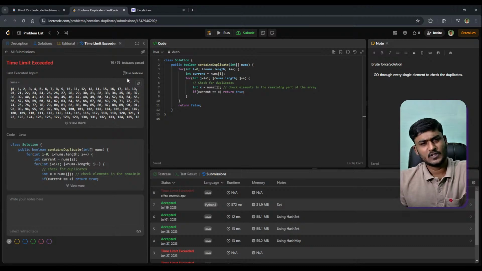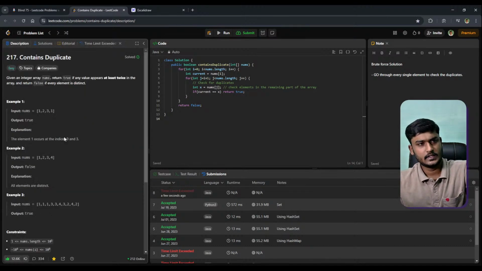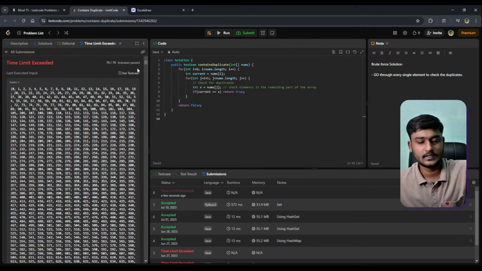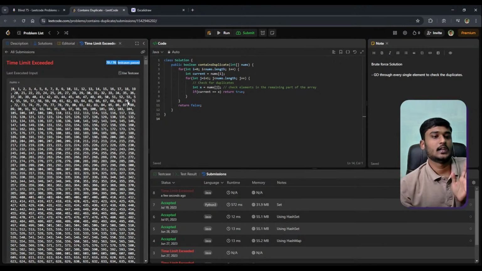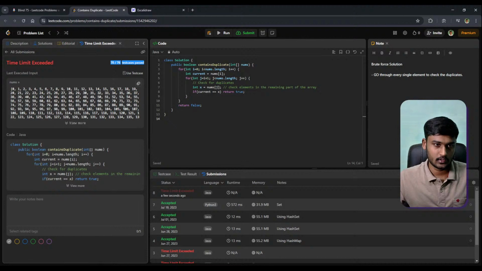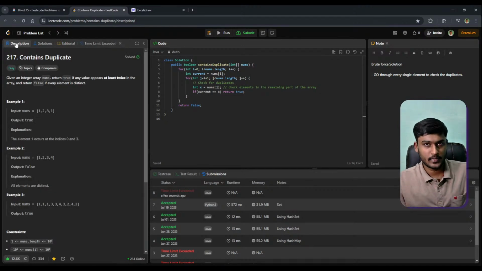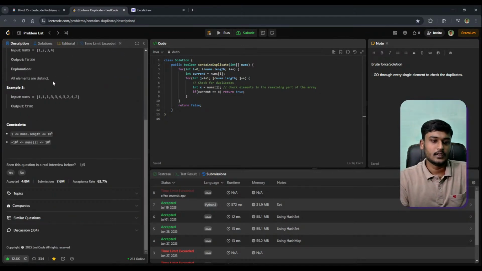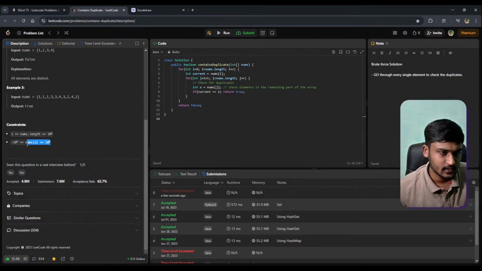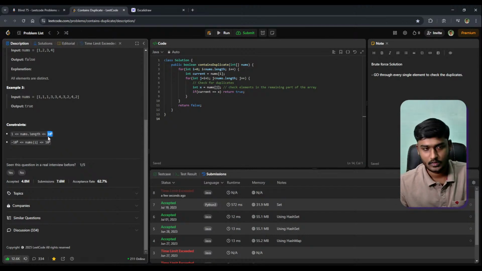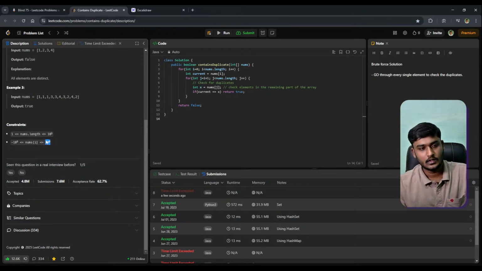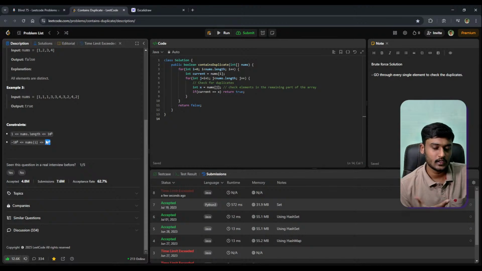This is because, like I said, the constraints, right? As you can see, 70 out of 76 test cases passed, but it fails because there's a very big input. When the input is bigger and bigger, the solution has to be efficient. Otherwise, as you can see in the constraints, the size of the array can go to 10 to the power 5, and the value of the element can go to 10 to the power 9.